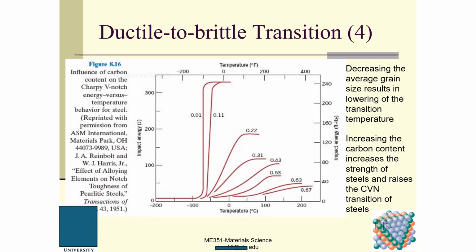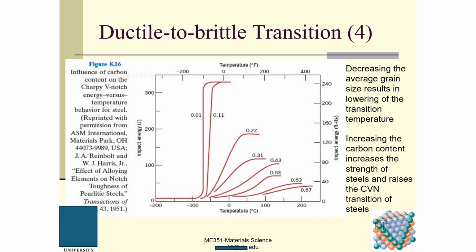So here is shown the effect of carbon content on the Charpy V-notch energy versus temperature behavior for steel. Here is the temperature, and here is impact energy. And this one is the different carbon content concentration. And you can see decreasing the average grain size results in a lower transition temperature,